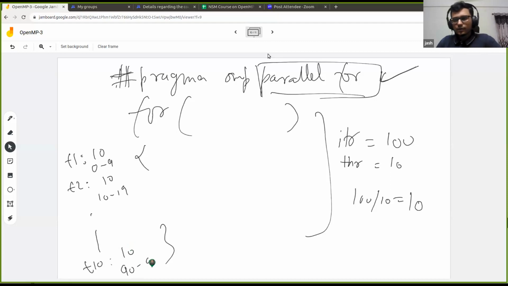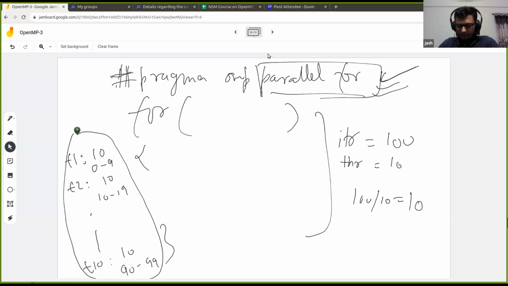So this is the way the allocation is done for #pragma omp parallel for. Now, this might not be the optimal way to distribute the work.